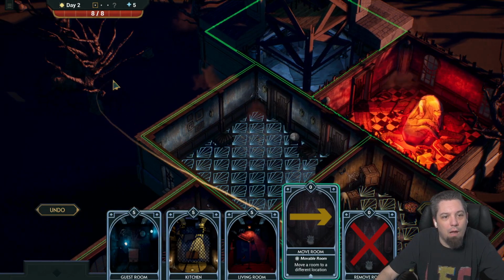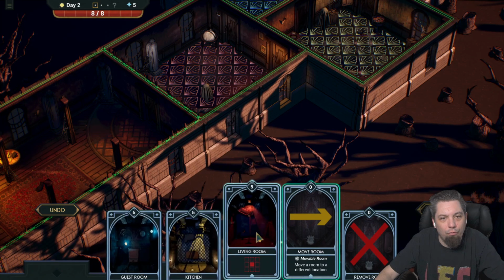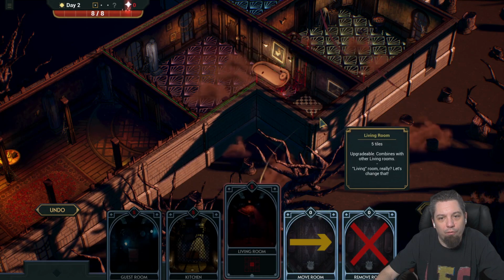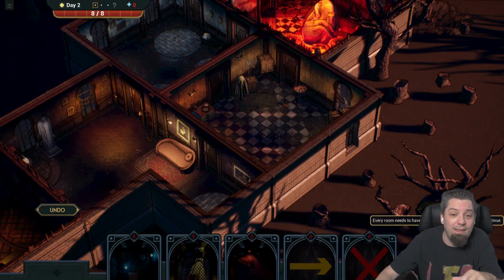Nah. I was going to see if I could put it off the edge. I might do that next time with it. Let's go ahead and do a living room off of this. There we go. We're going to make it a little bit bigger. We no longer have any points that we can build, so we're going to end the day and move on